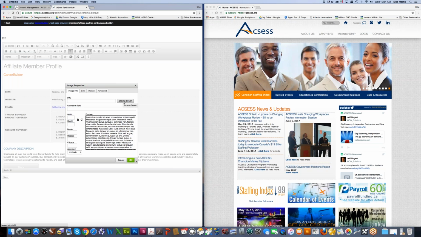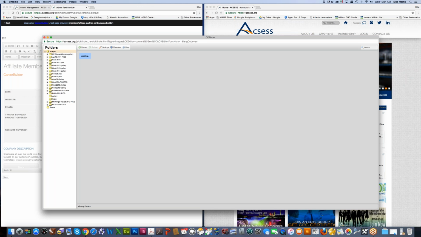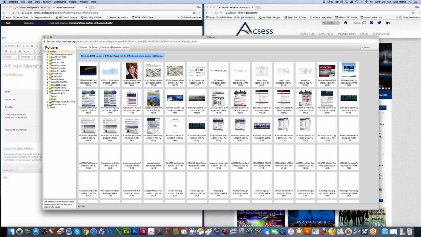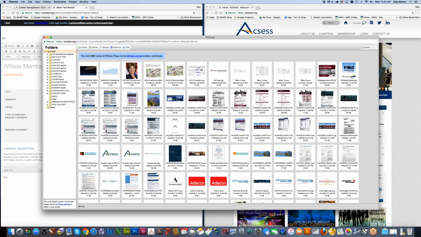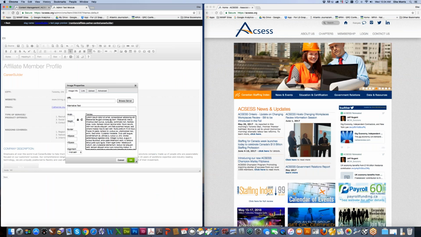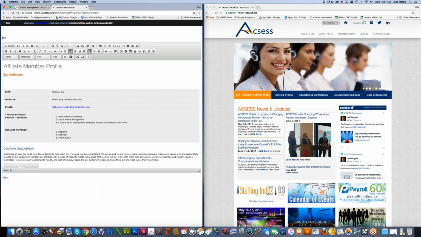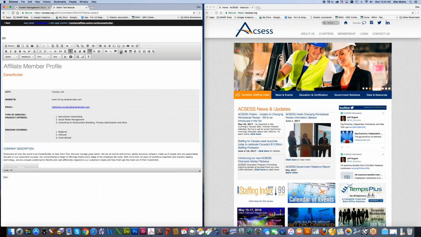So you would click, will that go right to your browser? No, it's the content management system. Everything that we have, all the logos, all the images exist for you. You can access them. Okay. So let's do it again. I'll close it. You go here and place your cursor where you want it. You click on the image tool